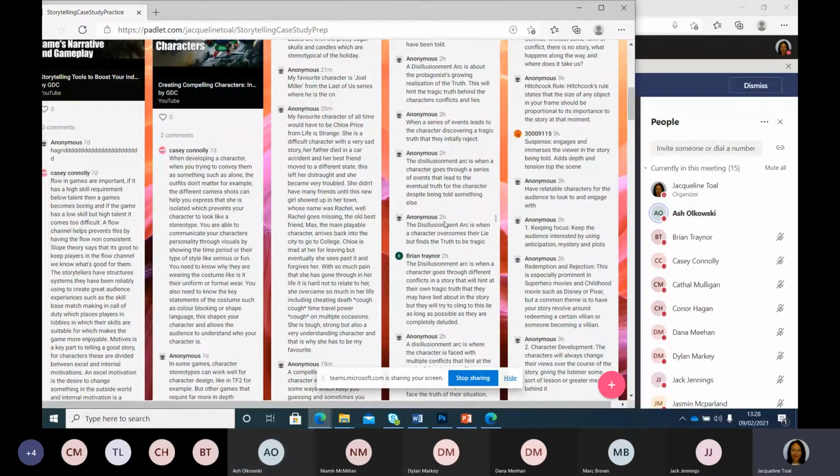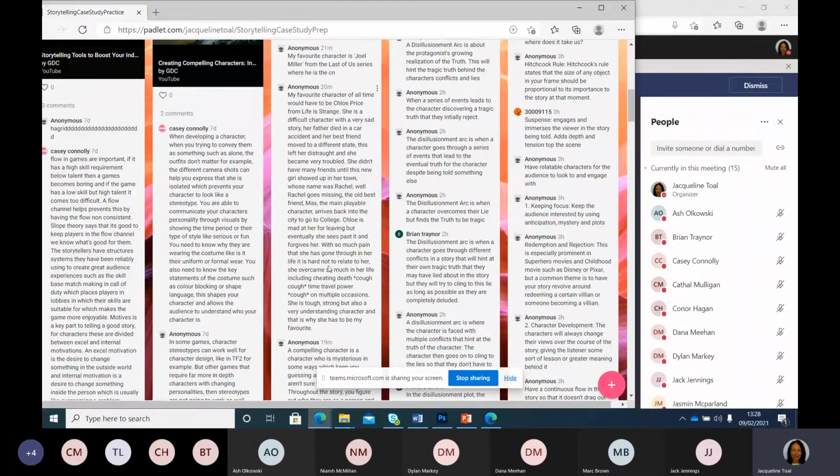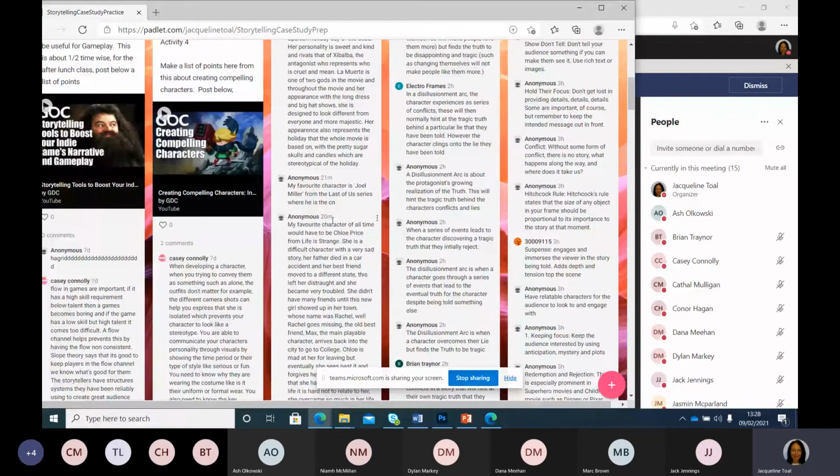Sounds like an interesting character. Lots of people have to deal with things, so that could be something in a game that people relate to. Certain things from some of these characters that most of you have mentioned, I'm sure most people can relate to different parts of them as well.